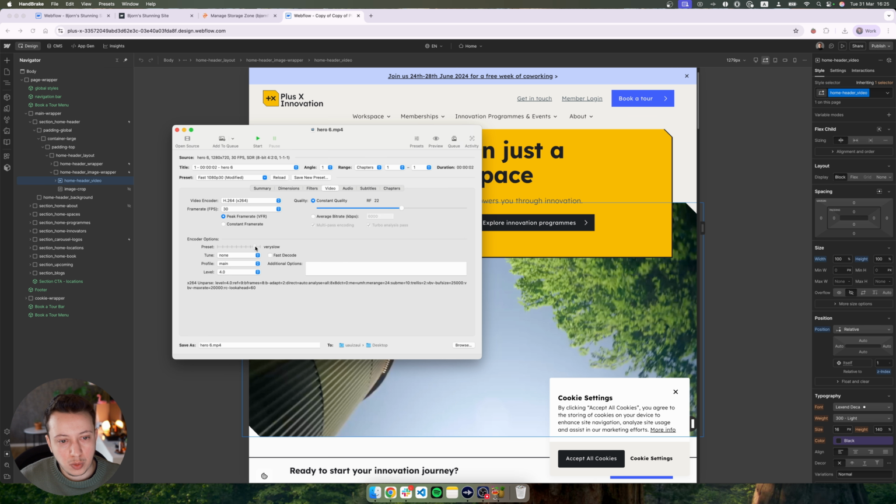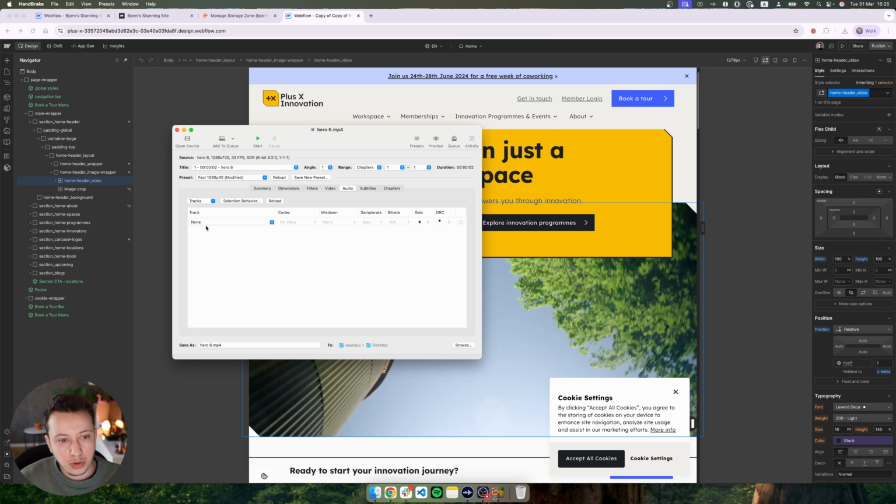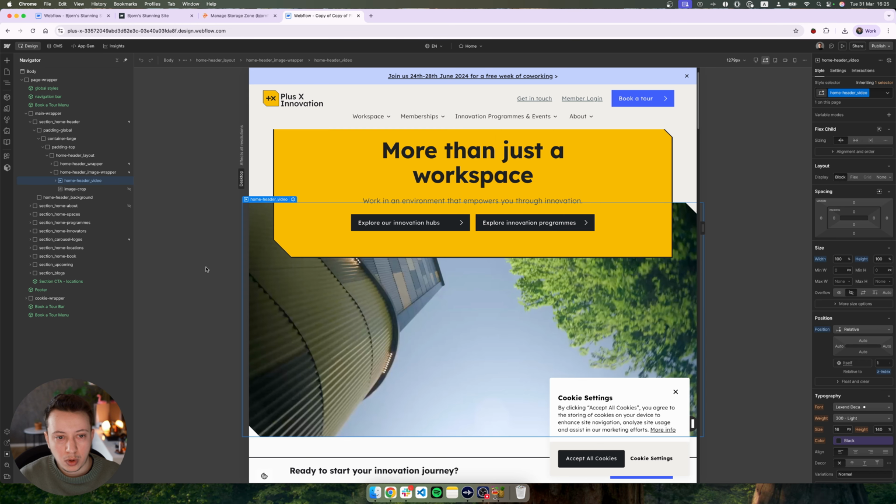And then for preset, you want to select very slow, and then you want to go inside audio and click on none. If it's a background video, you want to remove the audio to make the file size smaller, and then you just export it and upload it to Webflow. Now Webflow has a background video element. You can use this, but it's going to reduce the quality of the video. And what I've done lately, I started to use